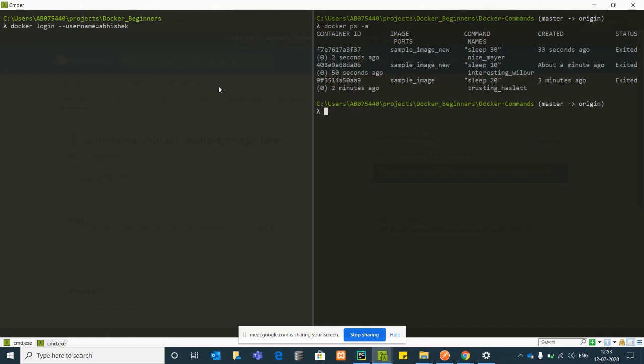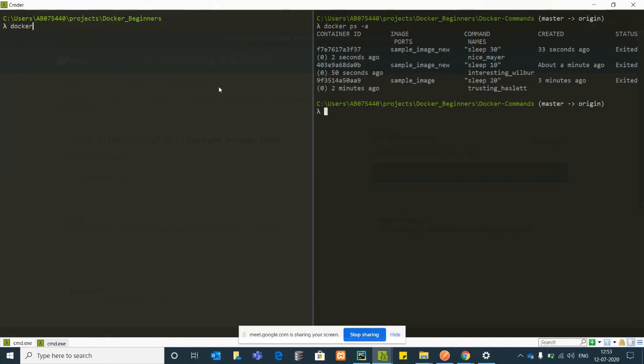Once you create a username, you can log in like this. I have signed up to Docker Hub, so I have it. Now it shows the login succeeded message. That means you are good to push the image.